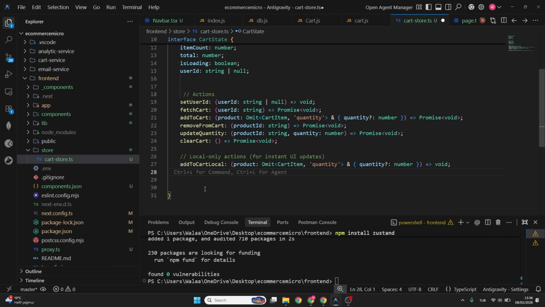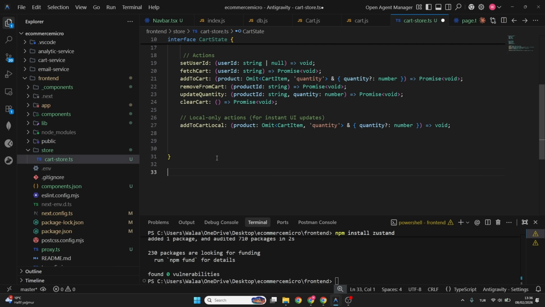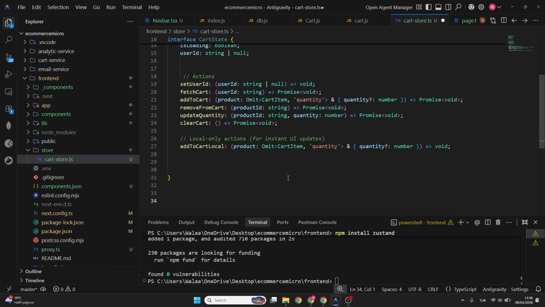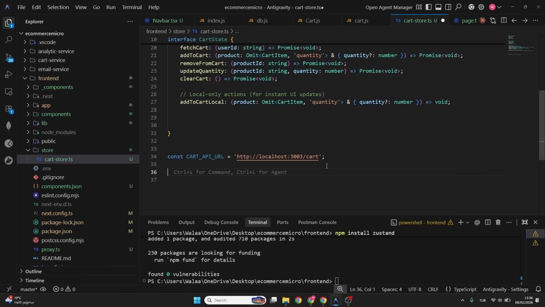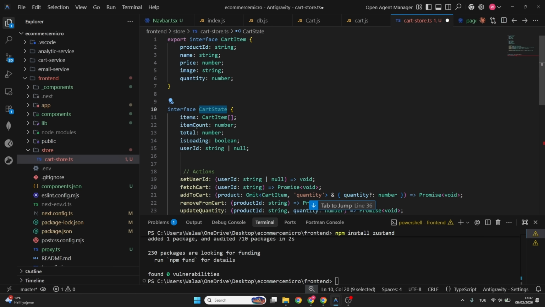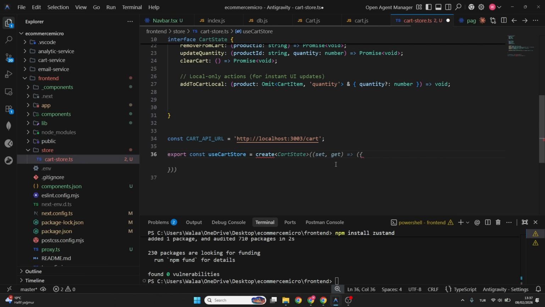You can ask, of course, Antigravity how to do that, but I have to explain to you how to use Zustand. Now our main API route for the cart is localhost 3003 cart, which we take a copy-paste from the backend. Now here is our main function, export const useCartStore equal to create. We will put inside it the cart state, which includes all the functions. So cart state, I will remove right now set and get,